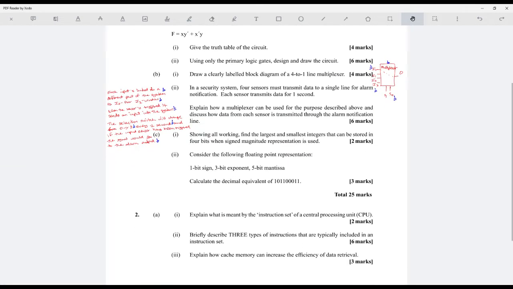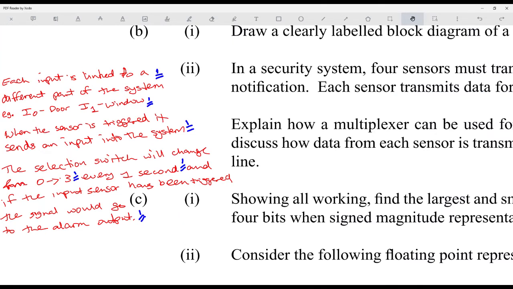So that would basically be the marks bit there. Any questions? Did you have something like that? Or did you have something close to that? You will only get like 3 marks because you have to show you understand the technical part of a multiplexer and how it will apply to life here. Alright, so if everybody's okay with that, or no.